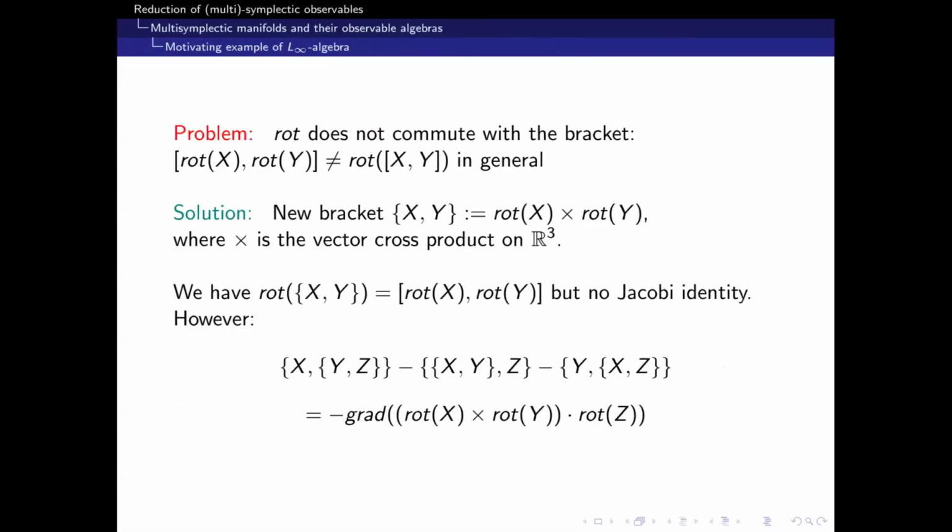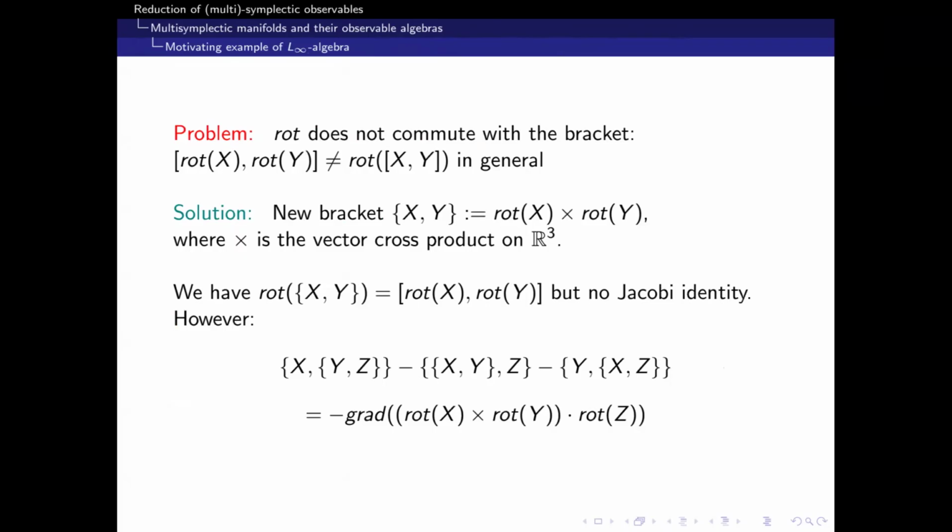However, if we compute for this new bracket the Jacobi identity, we don't get 0, but we get a gradient of something. And this is somehow the whole spirit of these multisymplectic Lie-infinity algebras. Instead of quotienting out all total divergences, which would lead to a complicated space, we stay on the nicer spaces, but we live with the fact that Jacobi holds only up to something, and we carry along this something in